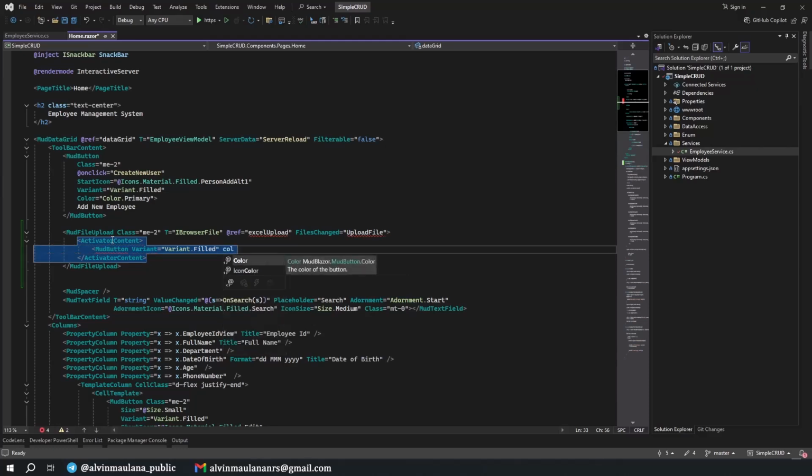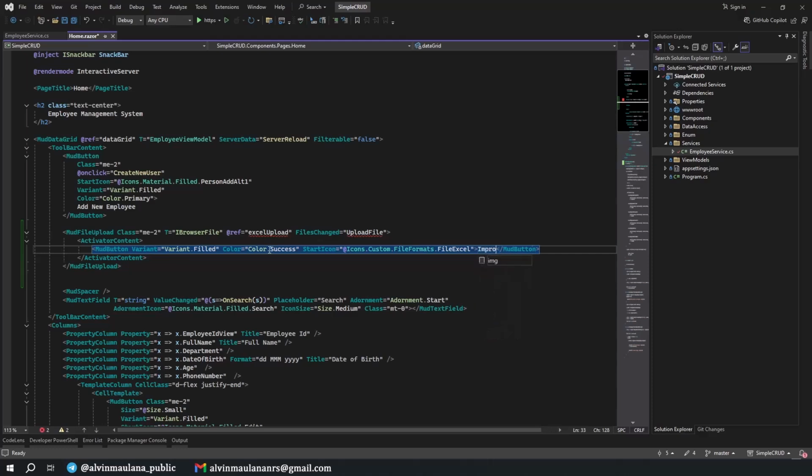The color should be color success, and we will have an icon in here. It comes from the icons custom file formats Excel.